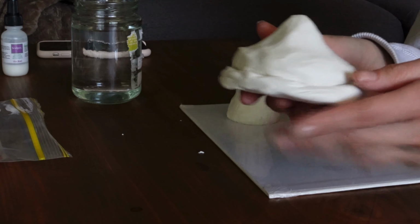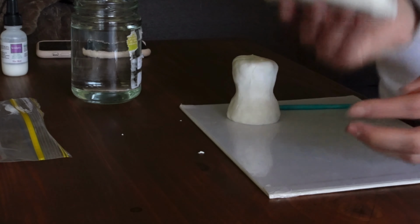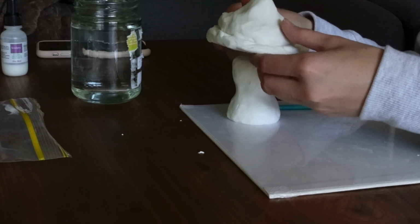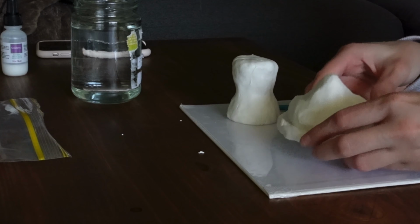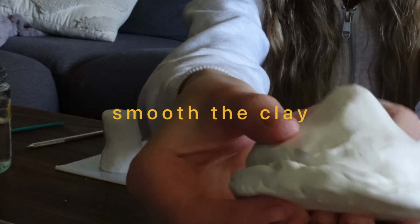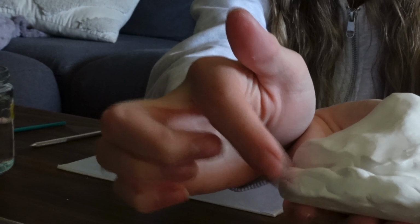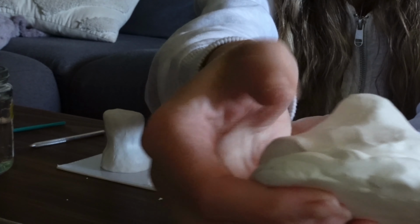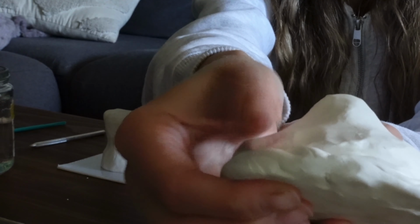Essentially I'm left with this really ugly lump, but I'm going to flatten all of it out so then it will sit really nicely on top of here and look like a cute little mushroom. Close up of what I'm doing at the moment is I'm just pushing this into this bottom part so it's all smoothing in together,